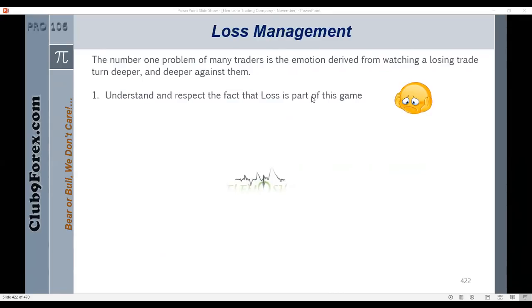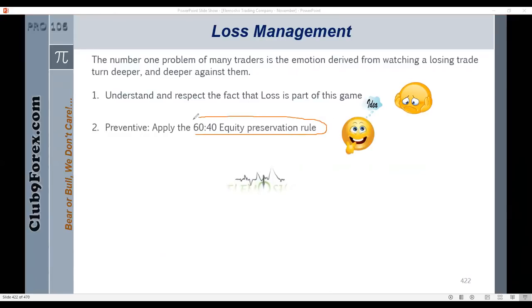So sometimes when loss comes, you accept that loss. And the only way to accept this loss is what we are going to be discussing when we go back to the Microsoft Excel model, where you determine how much you are going to be losing per trade, then overall, how much you are going to be risking per portfolio of trades. So now we know that loss will come, so we want to apply this insurance rule, the 60-40 equity preservation rule. What I'm saying in essence is this: when we went to the model, we were able to discover that